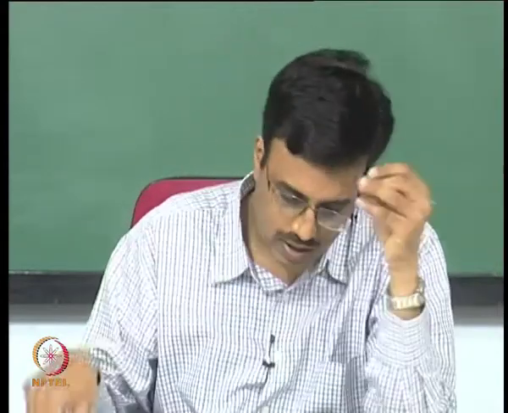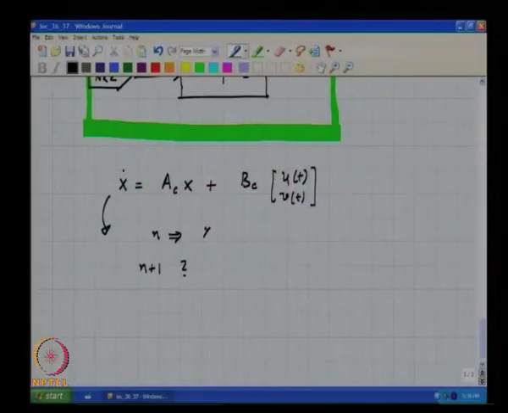Okay. So, in other words, the loop filter which is continuous time has an initial set of states x naught. I would like to find what the state will be at n plus 1. Rather than call it x naught, it is better to call it x of n. All right. So, what will be the state variables at n plus 1? There are two things happening here. If the input was 0, you would get the 0 input response, and what would that do?